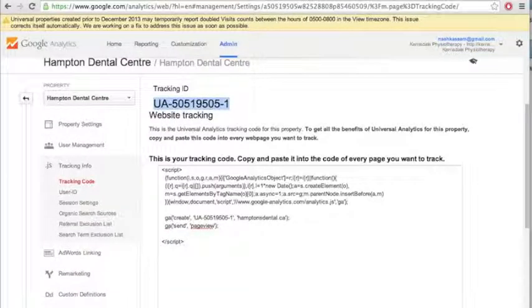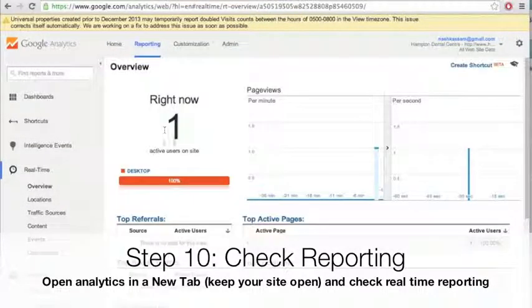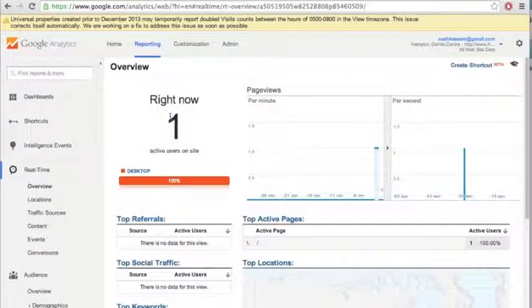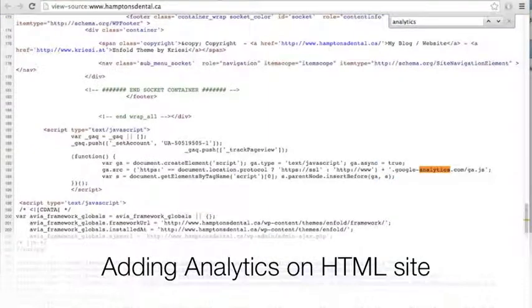So I go back to Google Analytics and I click Reporting. And if you go to the real-time overview, you can see that there's someone on the site, so that way we know it worked. Now if you have an HTML website, what we're going to want you to do is